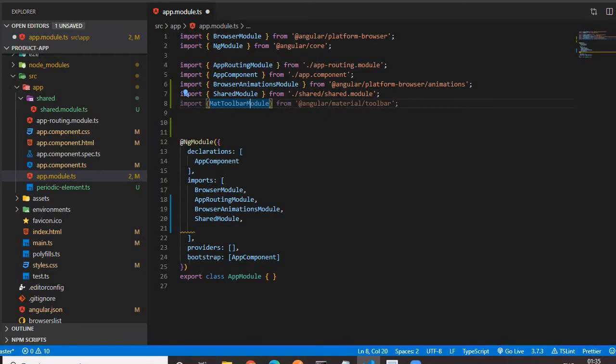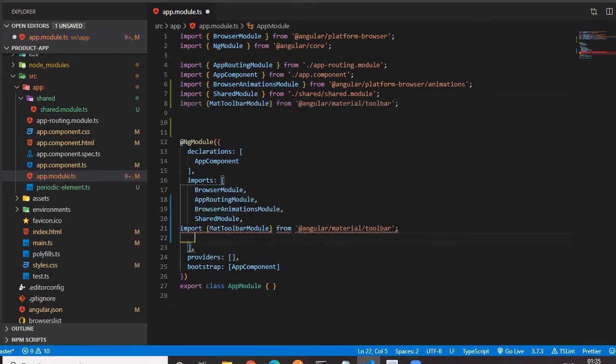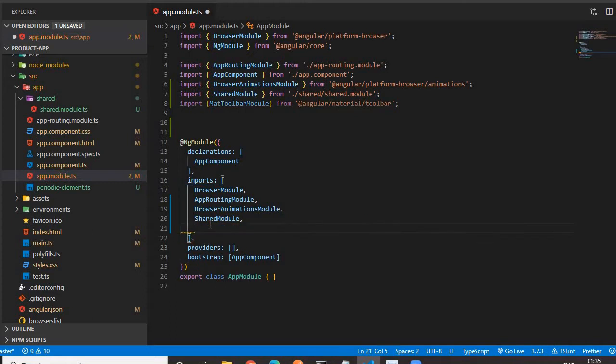The name of the module is MatToolbarModule. So in this way, we have to import it and provide that in the imports array.